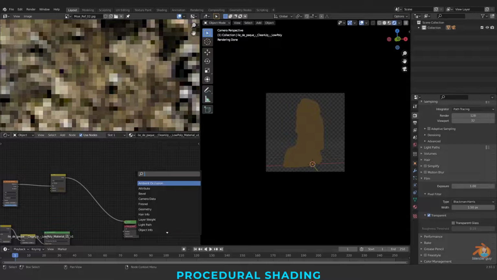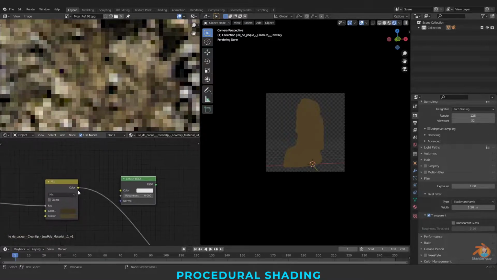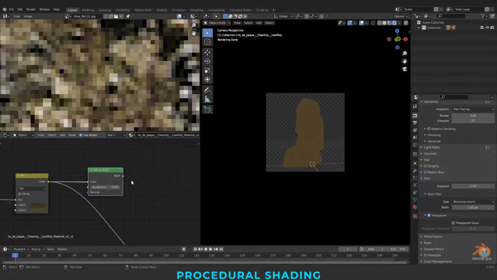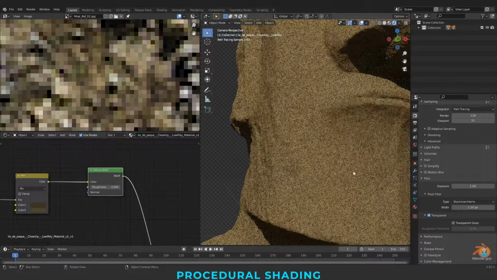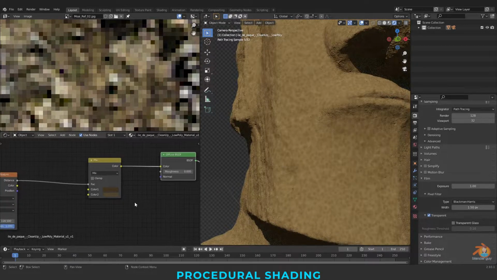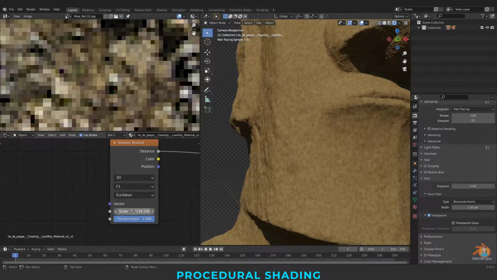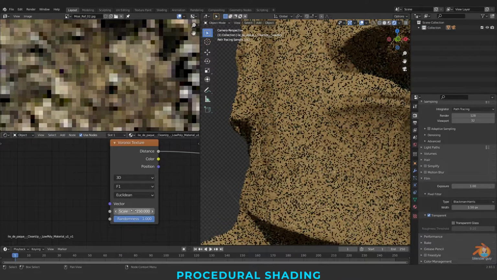For now, I'm actually taking a Diffuse BSDF. Later, I'll change all the Diffuse to Principled BSDF. I'm taking Diffuse BSDF to cut off the render calculation now. Increasing scale more.